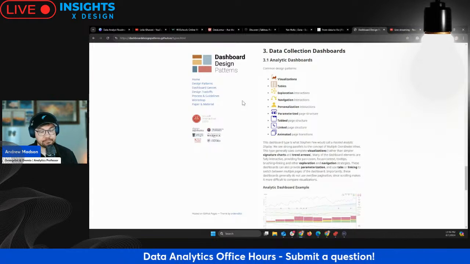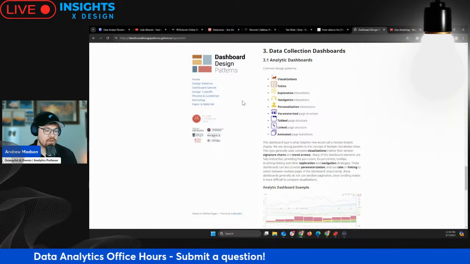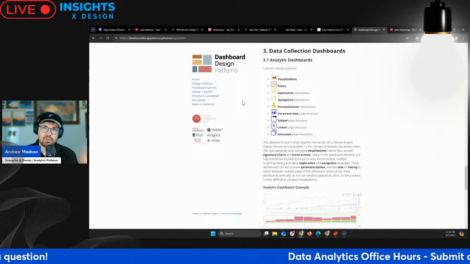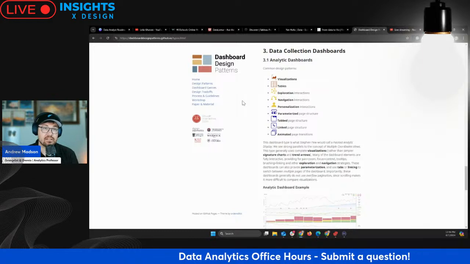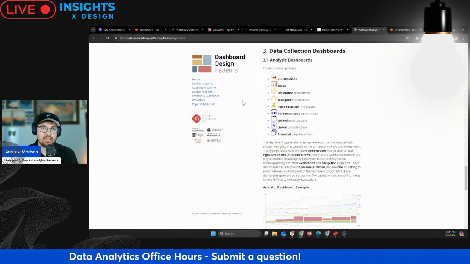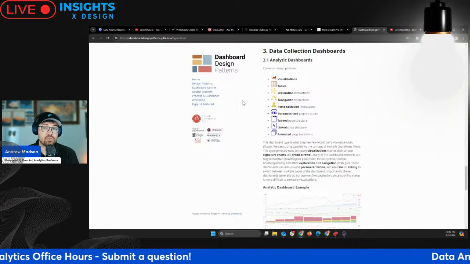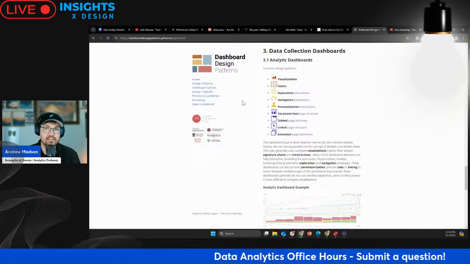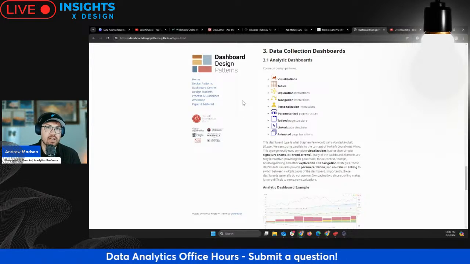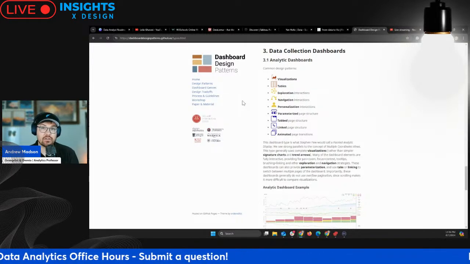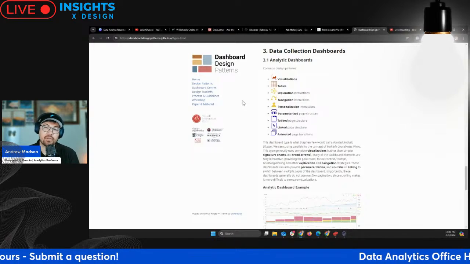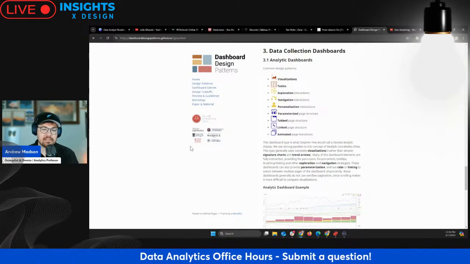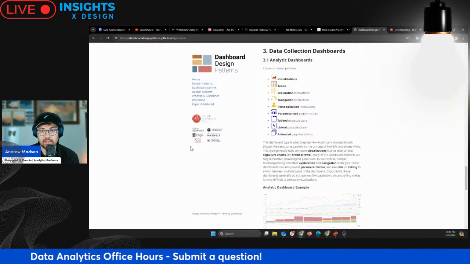Build a mock-up. You can use Draw.io. If you're still in school, you can get a free account for Figma and just make a wireframe. Figure out, like, here's in general what I'm trying to accomplish. Here's the business need. Here's the best information that they need in order to fulfill that need. And then here's the best way to structure that information in terms of location, shape, size, color. Are you using a table? Are you using an icon? Are you using up or down? Are you showing things over time or just at a moment in time? Is that a map? All those things come into account, and it can be daunting to really learn it.